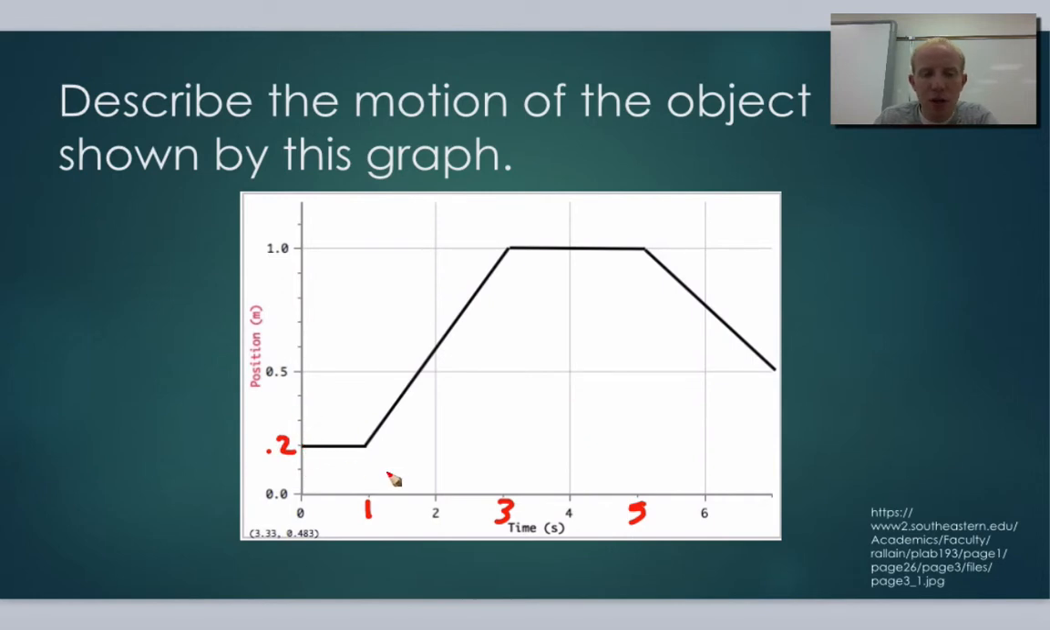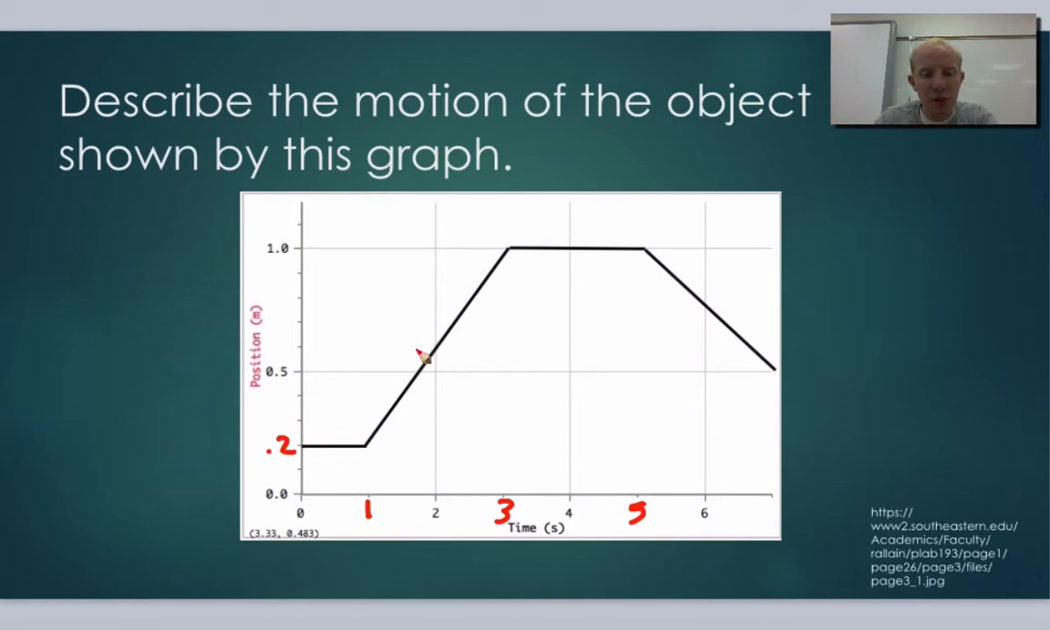Okay, so that's 0.2. So it started at 0.2 meters forward, and then it moved forward to 1 meter in 2 seconds. And then it sat still for about 2 seconds, and then it moved back to 0.5 meters for another 2 seconds. Okay. So if we're trying to find the total distance from this graph, we'd say, okay, it